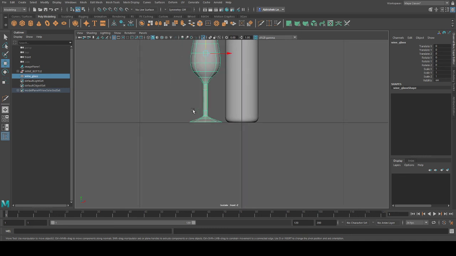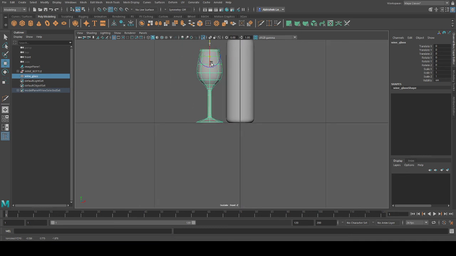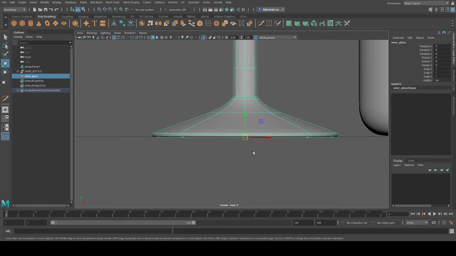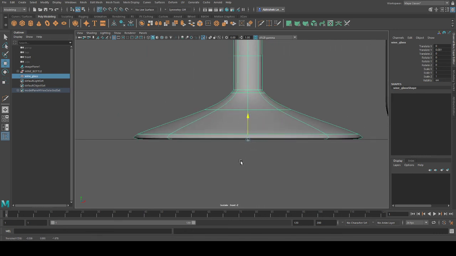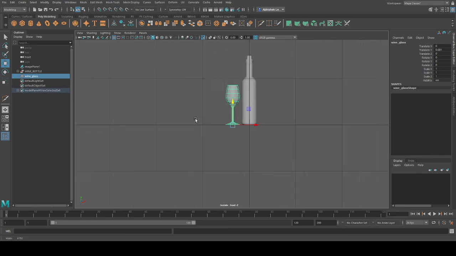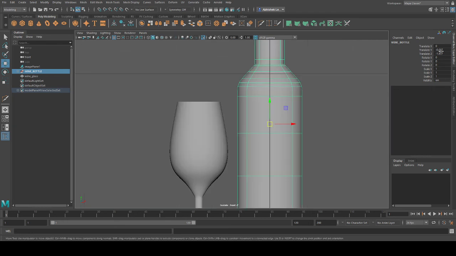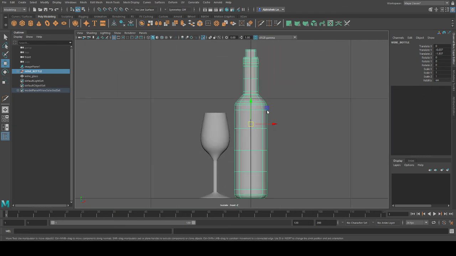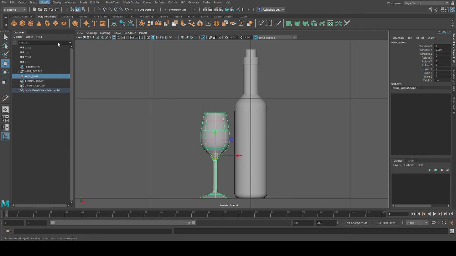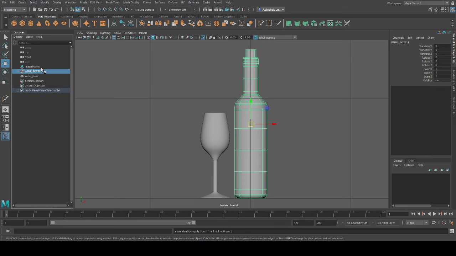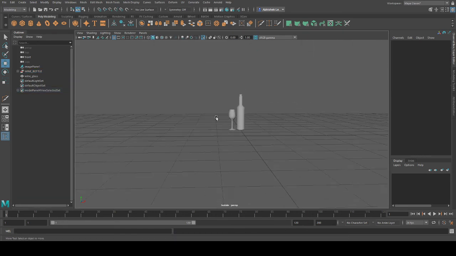Same for this, you can do it. D and V here. Once you make sure it is exactly here, press X and you can directly snap it on this line. Now both the objects are in the center. Now just make it center pivot before wine bottle. Center pivot. Okay, here you can see freeze transformation, freeze transform. You can do it with Modify, freeze transform. Same here, modify freeze transform. Alright, done. So this is our wine bottle.